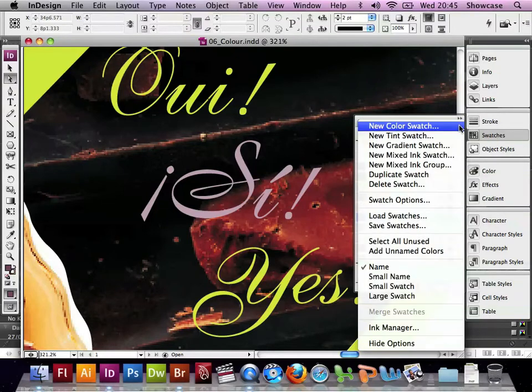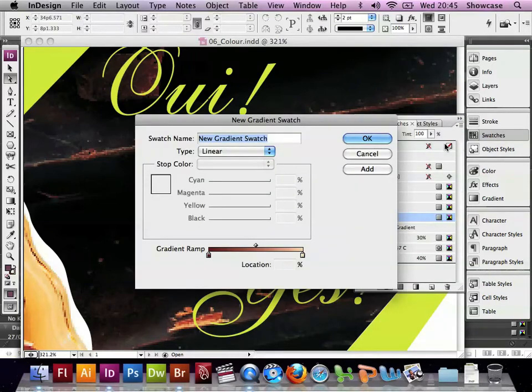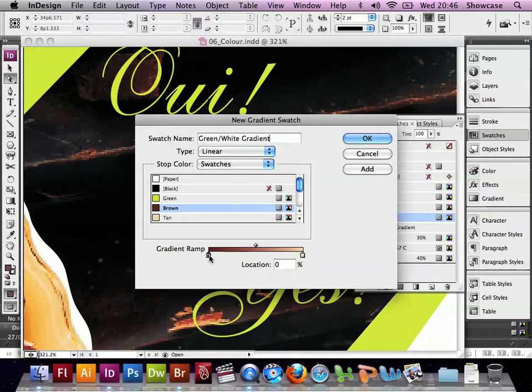Now we want to look at advanced gradient swatches, so we choose a new gradient swatch and give it the name that we are planning, green/white gradient. The colours from them that we previously used are still in the colour ramp, the gradient ramp at the bottom. So if we click on the left marker, and we've got swatches as an option, so we choose the green colour for the left hand end, click on the right hand marker,